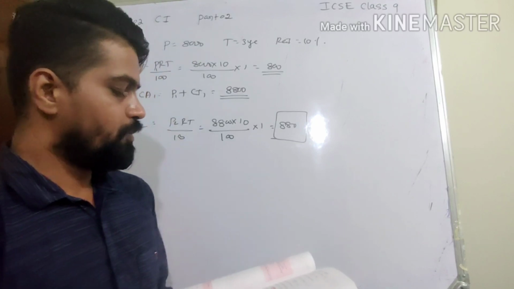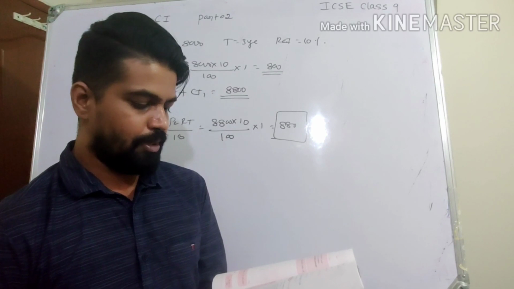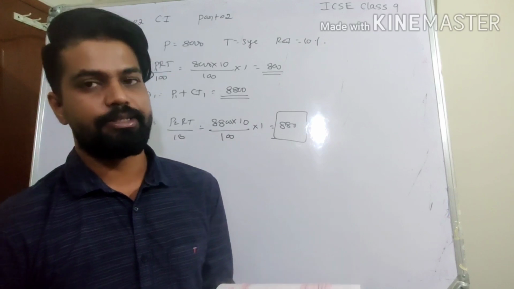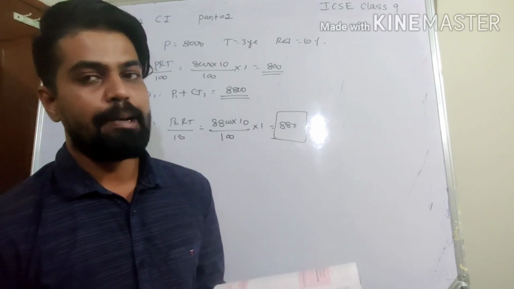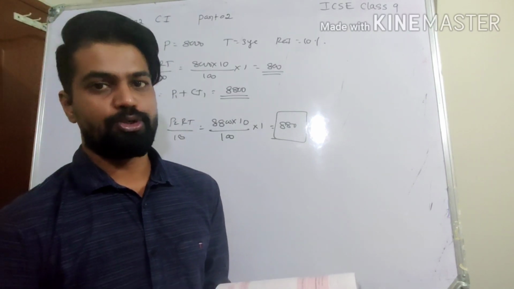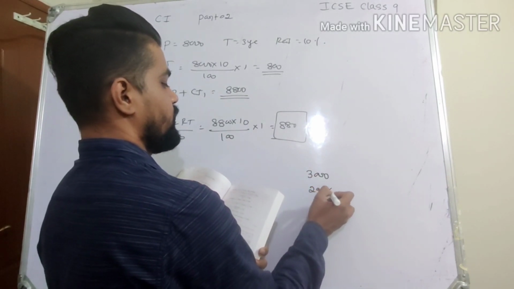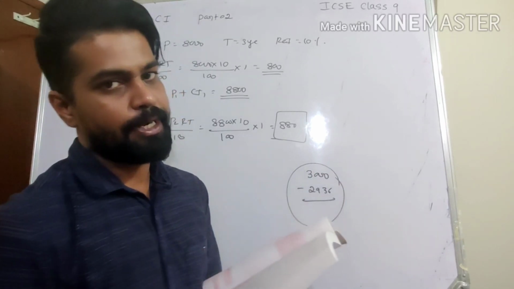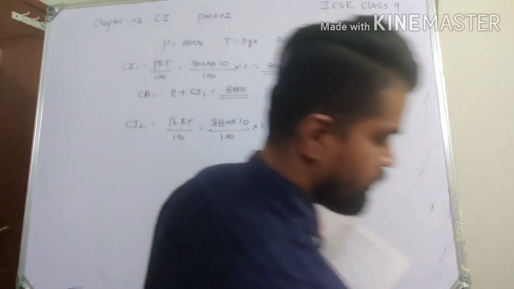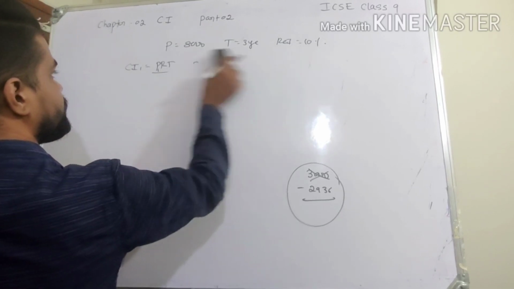Question number 6 I will not be solving, I'll just give you the clue. A borrowed 2,500 from B at 12% per annum compound interest. After 2 years, A gave 2,936. This involves 436 interest plus a watch. So the watch is compensating the remaining interest. What you should do is find the interest. Suppose your interest is 3,000 and she is now giving 2,936, what is left when you subtract is balanced by the watch. So you find the total interest and then subtract 2,936 from that. That is your work now.